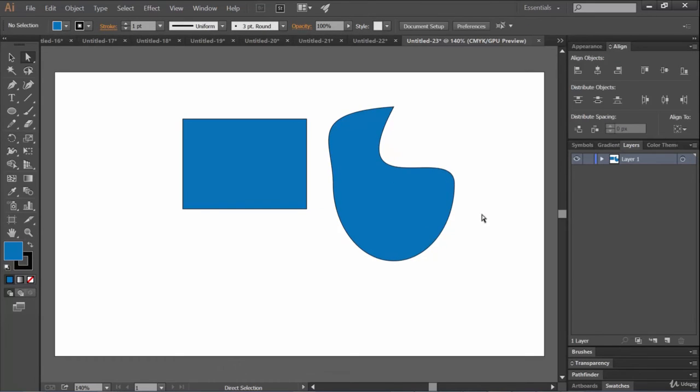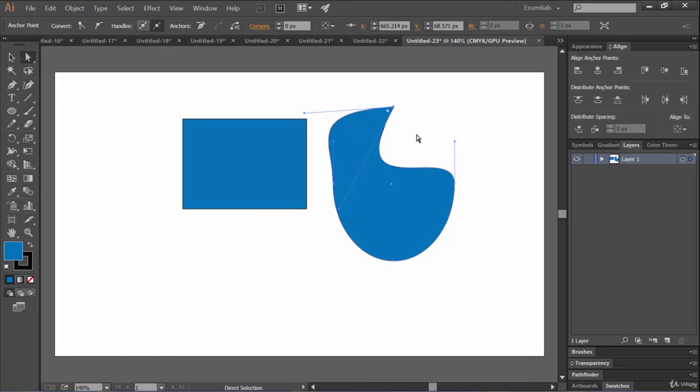So yeah, and another thing is that this was with the anchor handle and anchor point. You can select the anchor point and move it just like this, and you can also move the anchor point using the arrow key.